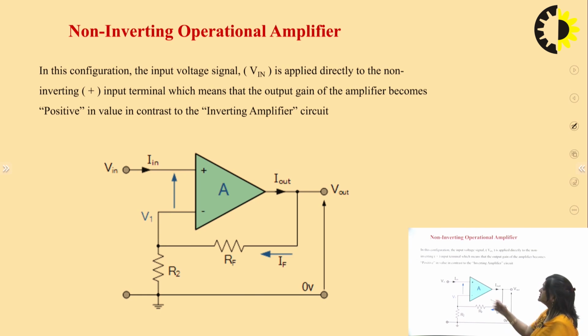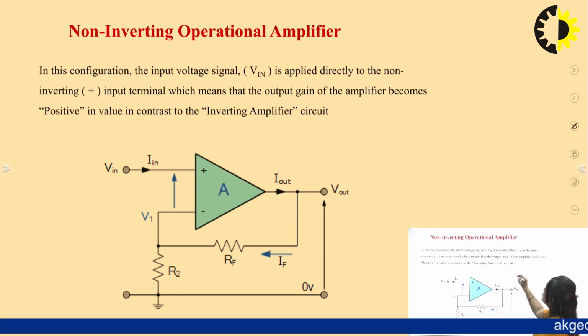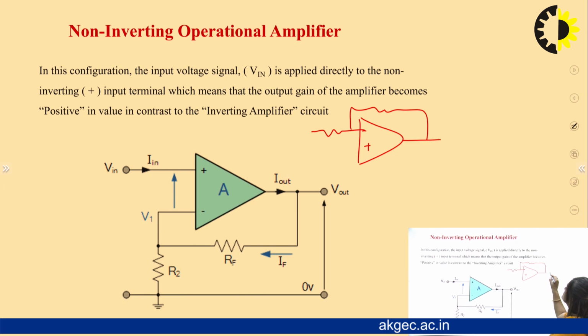This derivation we have done in the previous slide, and now for the non-inverting operational amplifier. Here this is the diagram for the non-inverting operational amplifier. We can see V out is fed back to the input side, at the minus side, so there is negative feedback here, and at the positive terminal we have applied the input signal. We can draw this diagram in a simpler way, like this: minus, plus. At the plus terminal we have applied the input voltage, and at the negative side we have the ground, and this is like in this way.